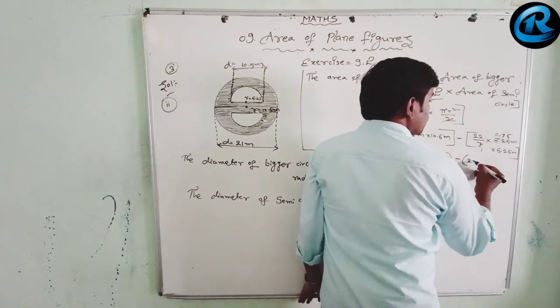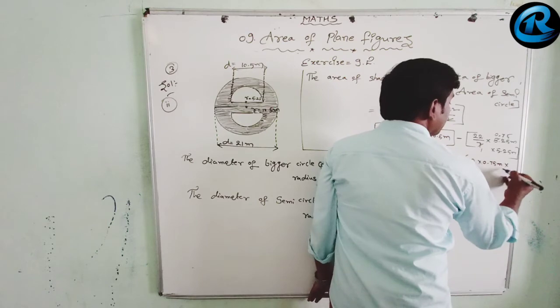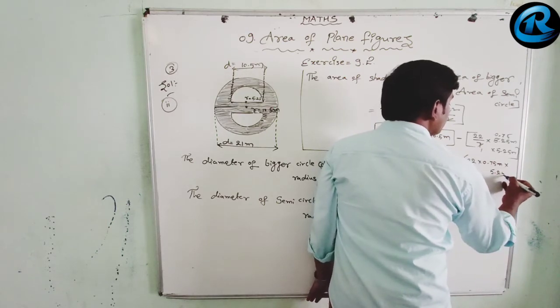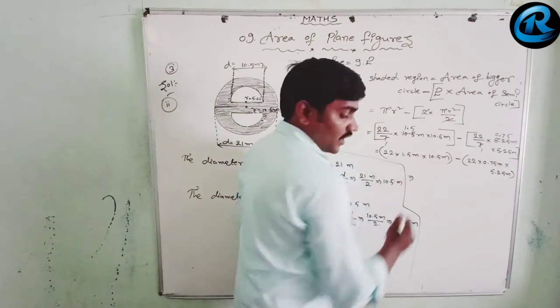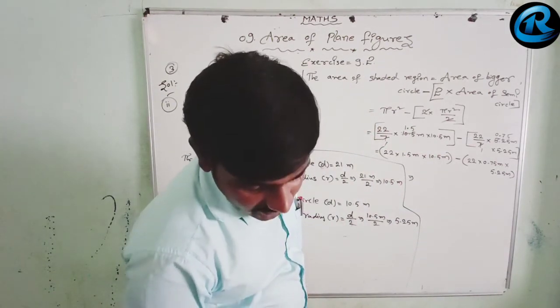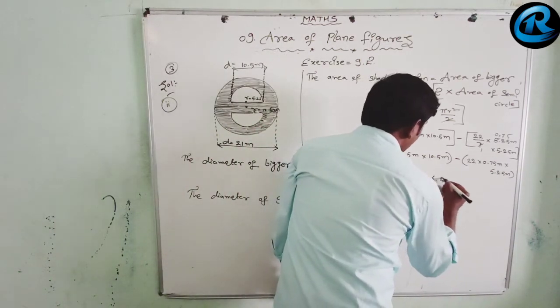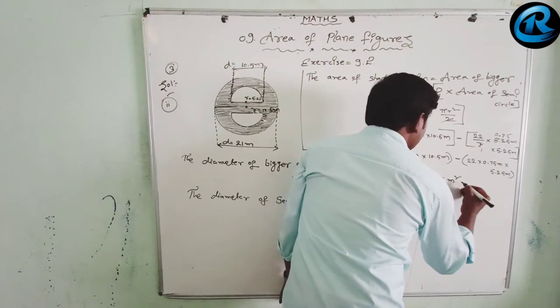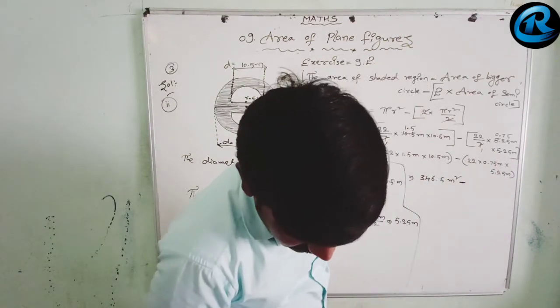So 22 into 0.75 meters into 5.25 meters. So when you multiply this all, you will get 346.5 meter square minus